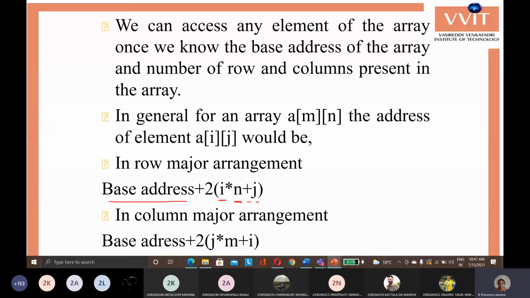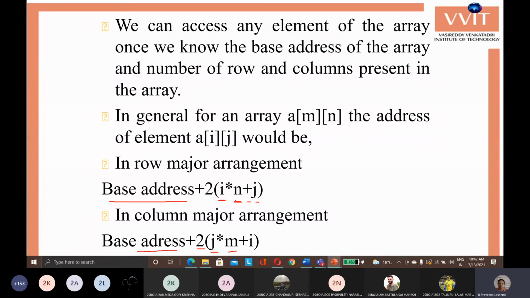This is for the row major arrangement. For the column major arrangement, it is base address plus 2 into (j into m plus i), where m is the number of elements in each column and n is the number of elements in each row. Sorry, here m is the row elements and n is the column elements.